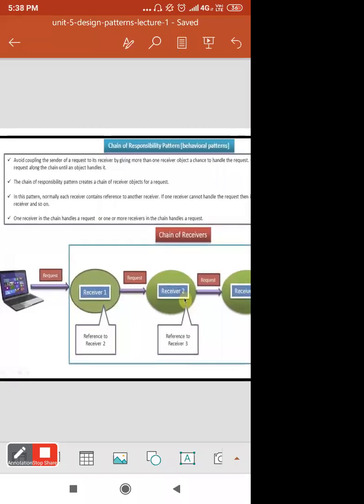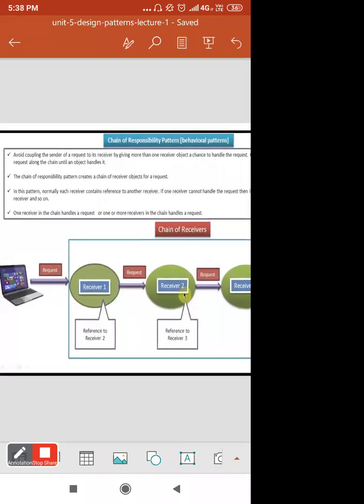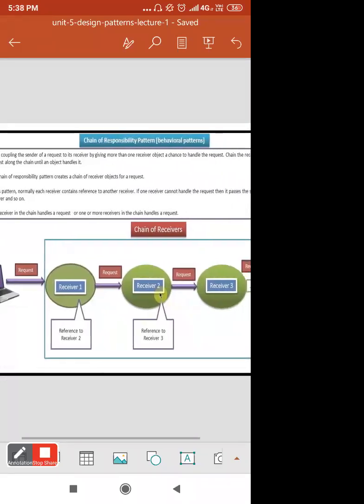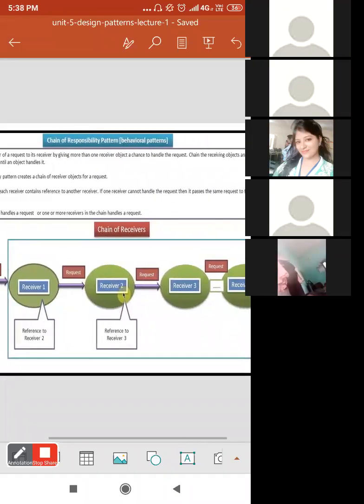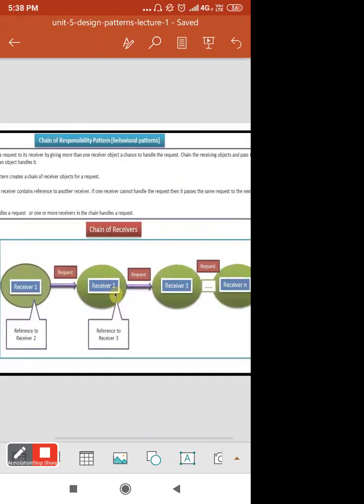So what is the chain of responsibility pattern? It avoids coupling the sender of a request to its receiver by giving more than one receiver object a chance to handle the request.